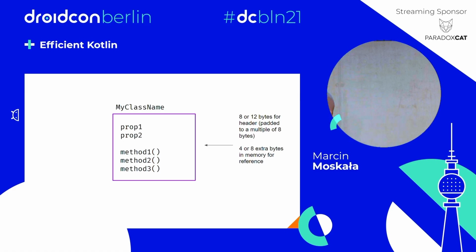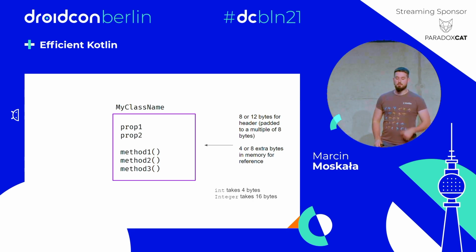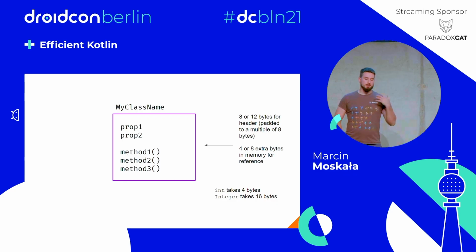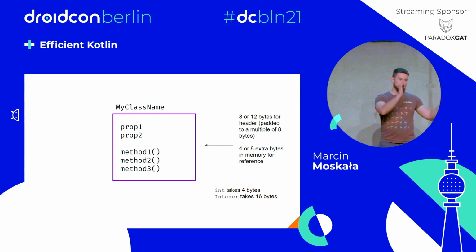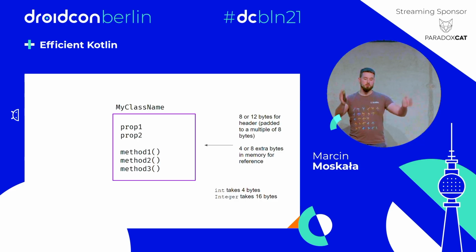And you need to reference this object, which gives us 4 to 8 bytes of reference. This is very little, but if you compare the primitive int that takes 4 bytes and the Integer that needs 12 bytes for a header and 4 bytes for the rest,